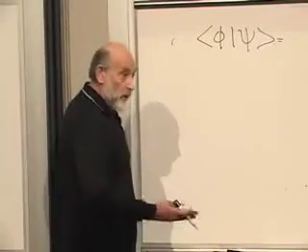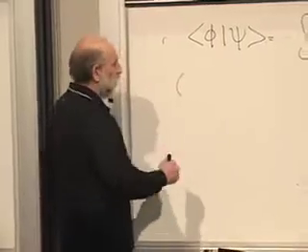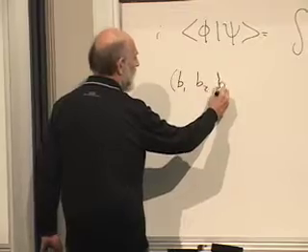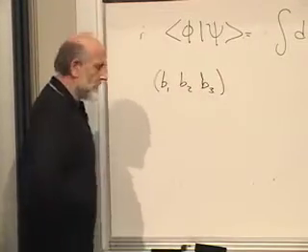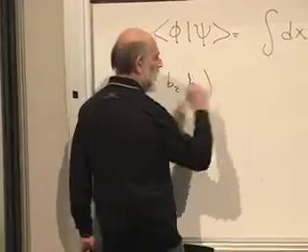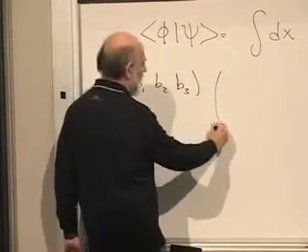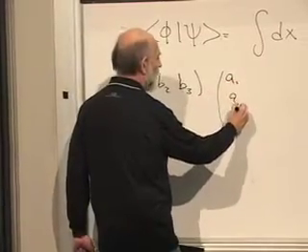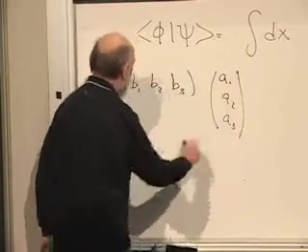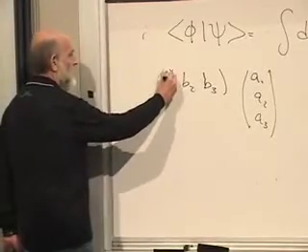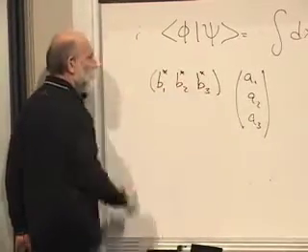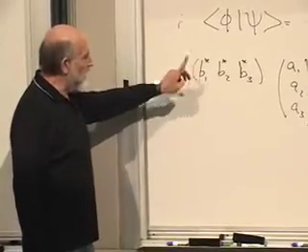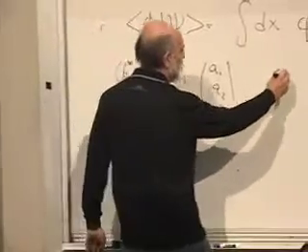For column vectors and row vectors, the bra vectors, let's call the bra vector B1, B2, B3, in a 3-dimensional complex vector space. Let's take the column vector, the ket vector, to be A1, A2, and A3. I'm sorry, I should have put complex conjugates here. The entries to the row vector are complex conjugates. Then the inner product between B and A